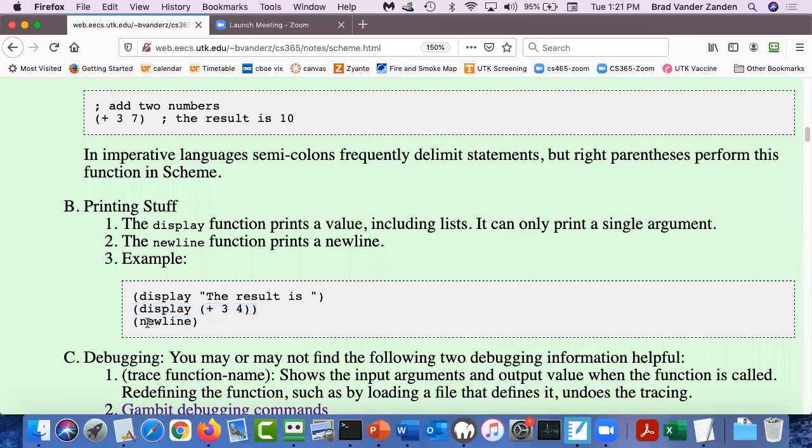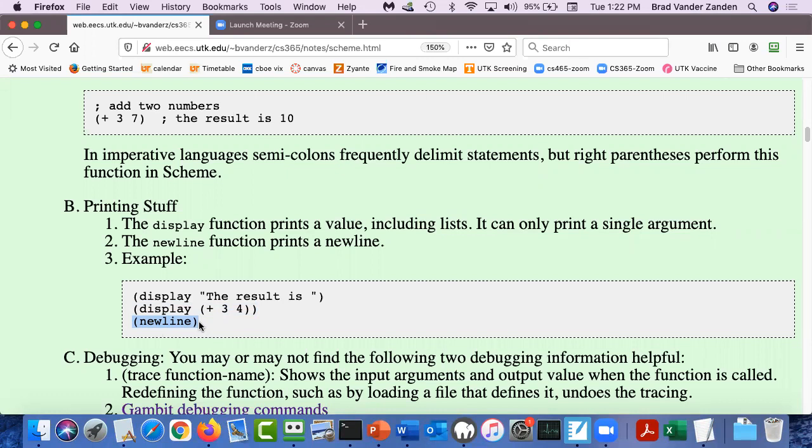And then if you want a new line character, you specifically have to call the newline function to get a new line to print out. So fortunately, in this course, we're not going to be particular about formatted output because the printing capabilities are pretty rudimentary. Okay, so